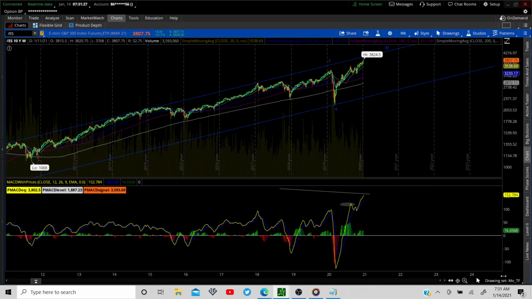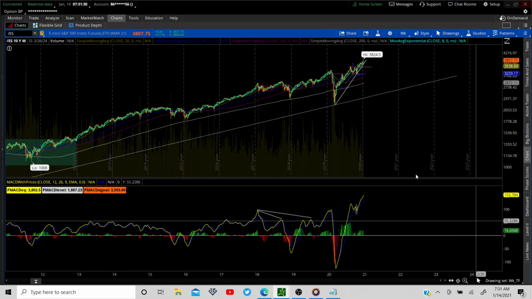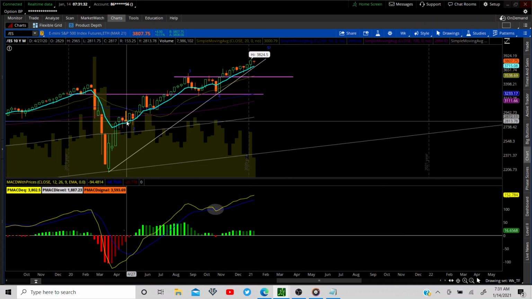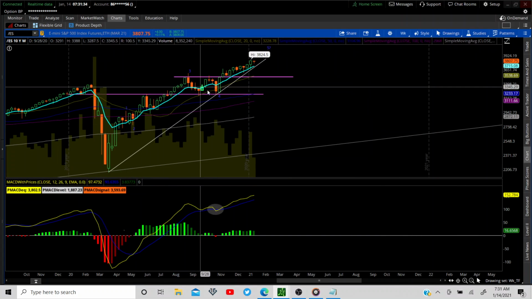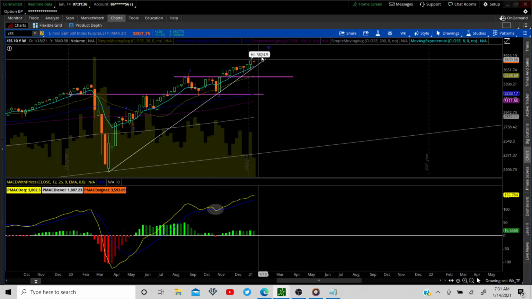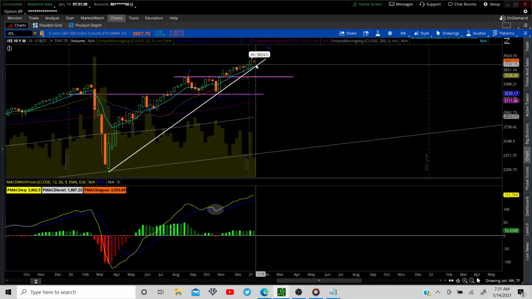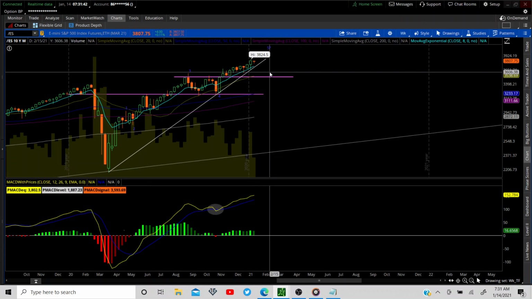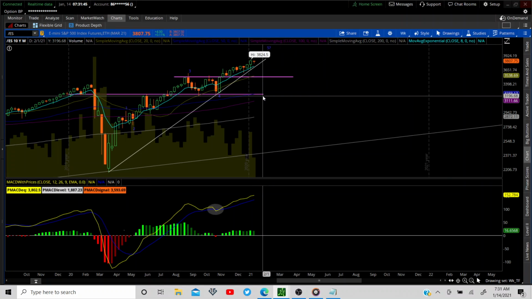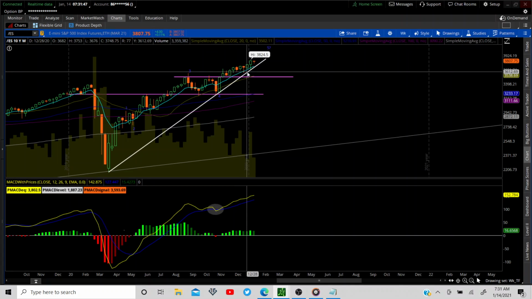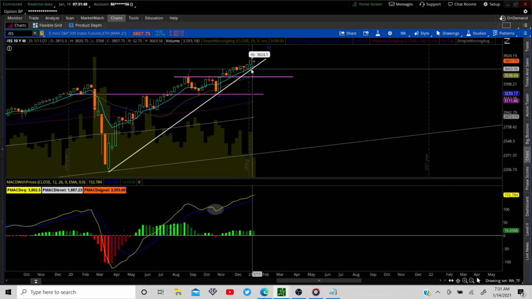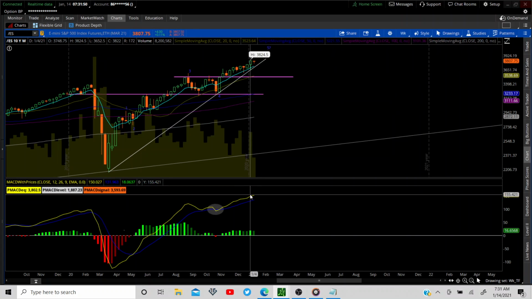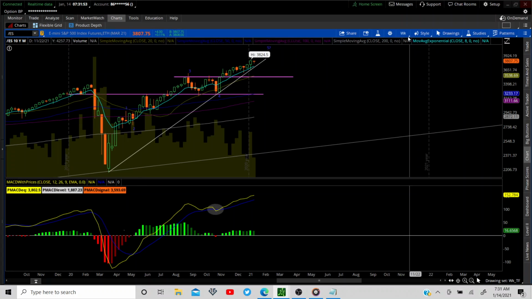On the weekly, Elliott wave 1, 2, 3, down to 4, and pushing that wave 5, but we're still in an inside week here. So we just can't quite push over that 38, 24, 25 area. But we are looking good on all the other standards. We're above the trend line, all the MAs. The MACD is still pushing.